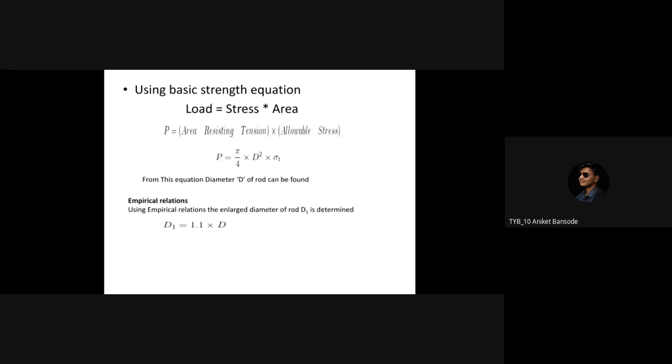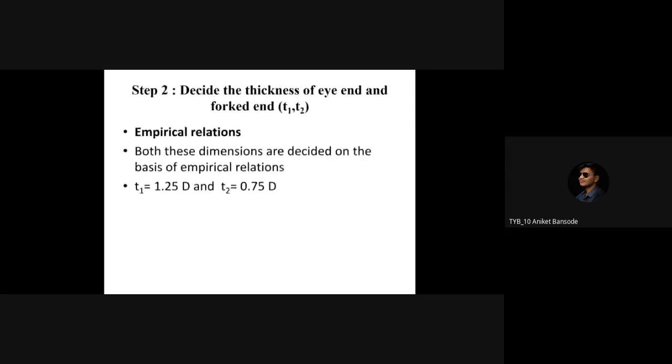Okay. We'll go to the next slide. This is the first step which we have seen for the knuckle joint. Now we are going to go for the second step, that is, we are going to decide the thickness of that single eye end, which we have denoted as T1, and thickness of double section, which we have denoted as T2. Now here we can use empirical relationship and we can find out T1 and T2 value. So T1